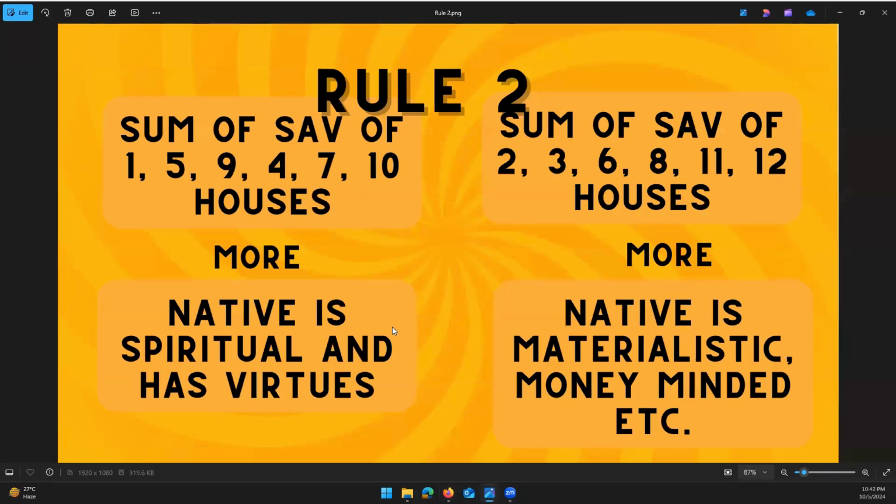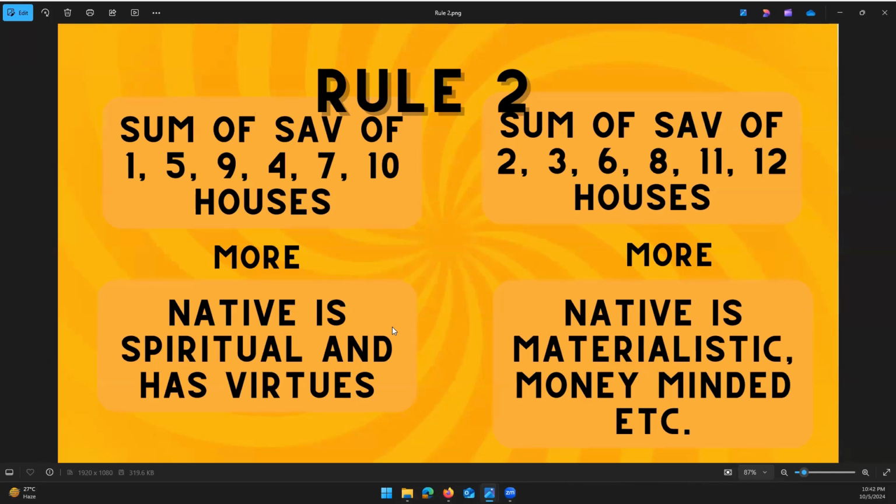Now, the second one is rule number 2. Here, what it says is we need to do the summation of Sarvashtakavarga points for the first house, fifth house, ninth house, fourth house, seventh house, and 10th house. So these are the 6 houses, all the Kendra houses and all the Trikona houses. And then you also have to calculate the sum of Sarvashtakavarga for all the remaining houses. So if you do the sum for these two,